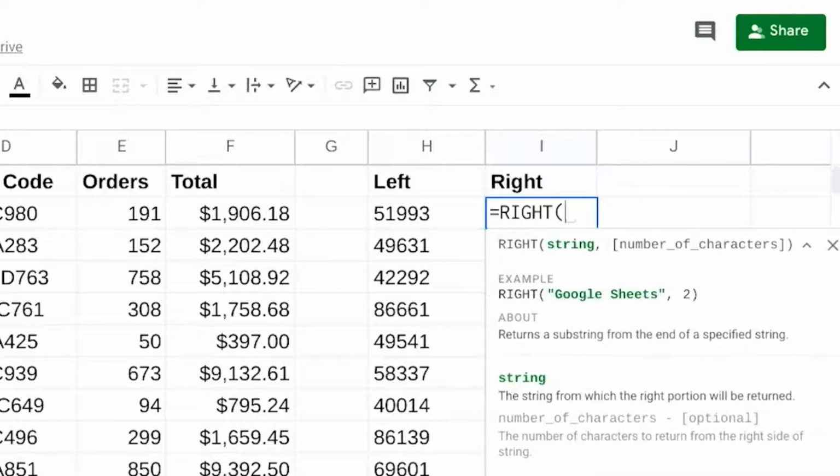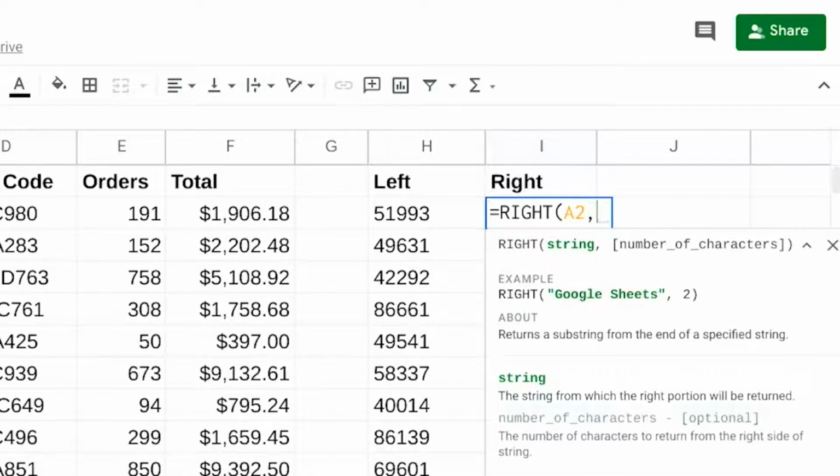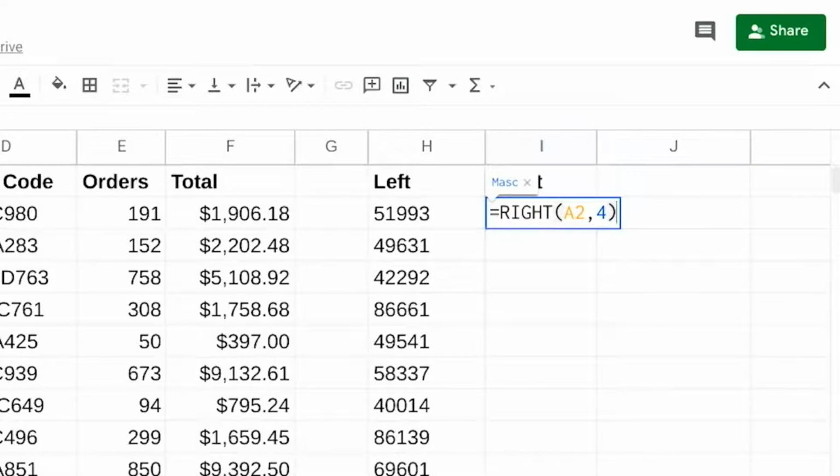Equals right, open parentheses, and the range is still A2. Add a comma, and this time we'll tell it that we want the first 4 characters from the right. Close up the parentheses, and press enter. Then drag the function throughout the entire column.